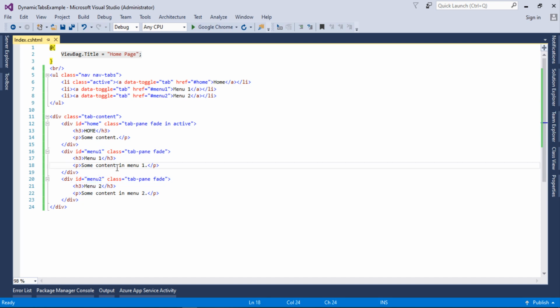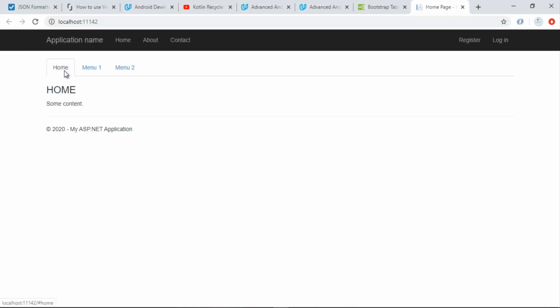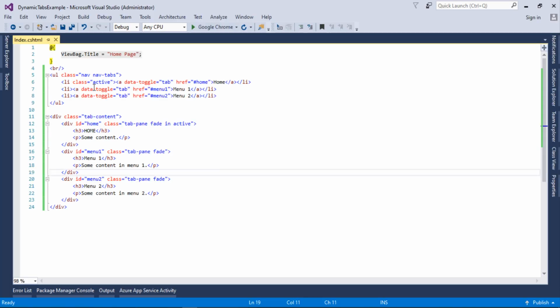And as you can also see, the first element of the list is the active tab. So when we go back to the browser, as you can see, when we first run this page load, the first tab is active. So let's go back to Visual Studio. So we also need to make active the tab which is rendered first in the list.